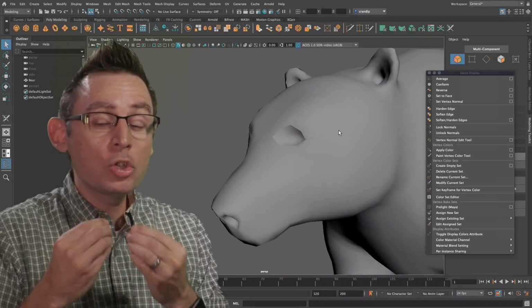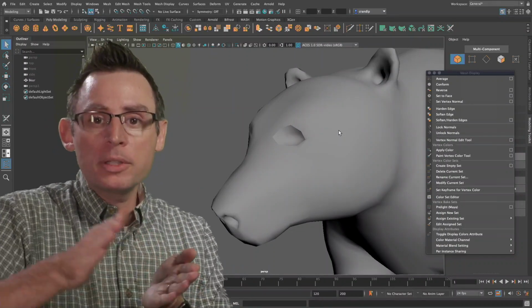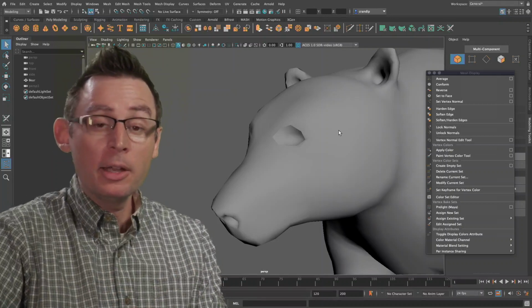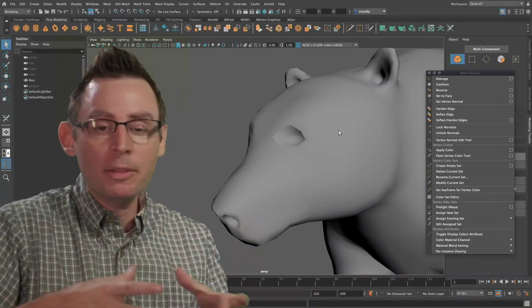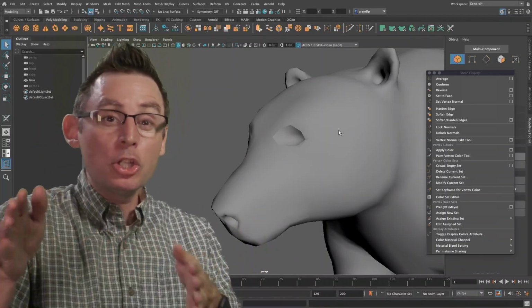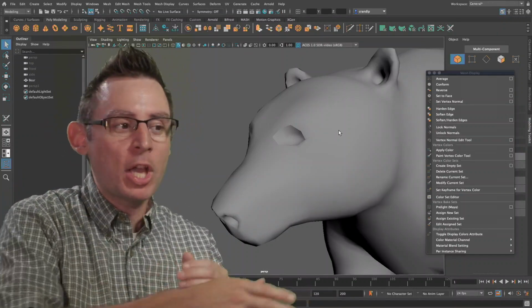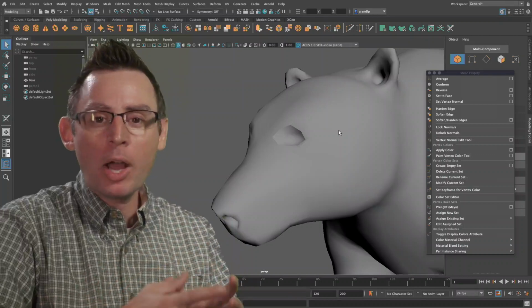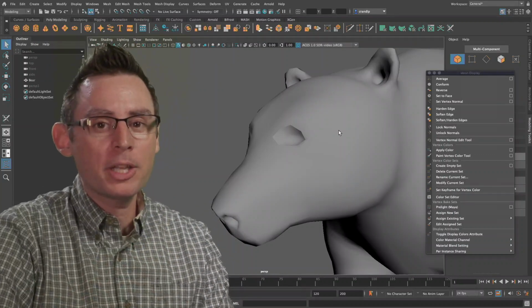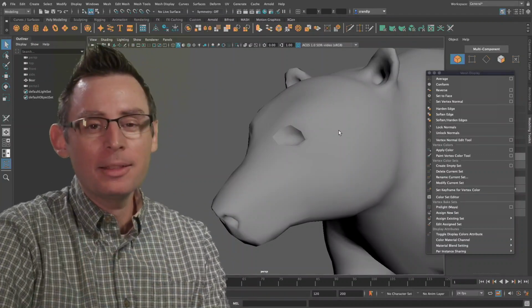An important, critical step before we send our model over into Substance Painter. Substance Painter is going to be looking at these hard and soft edges to determine how its rendering engine is going to interpret the smoothing of our geometry. Having it set up, ready to rock and roll before we export our model for texturing is absolutely the best way forward.